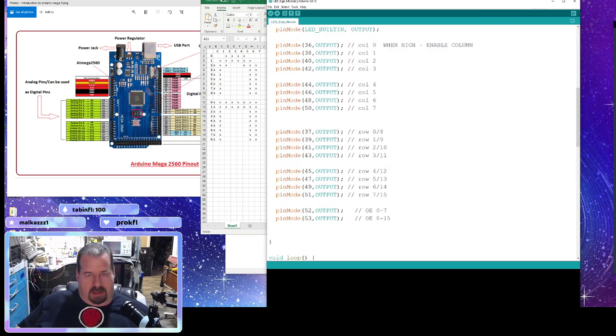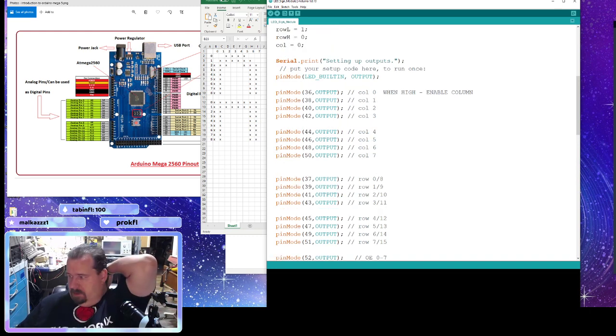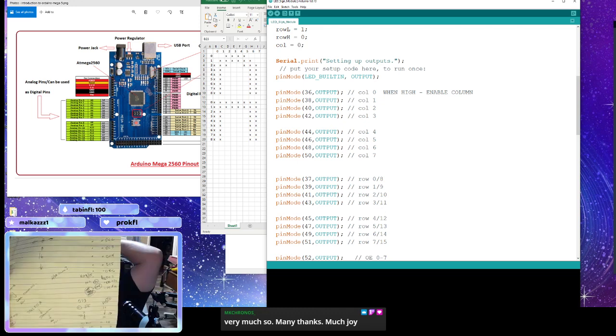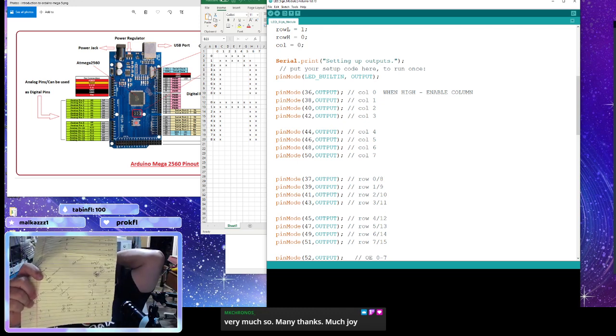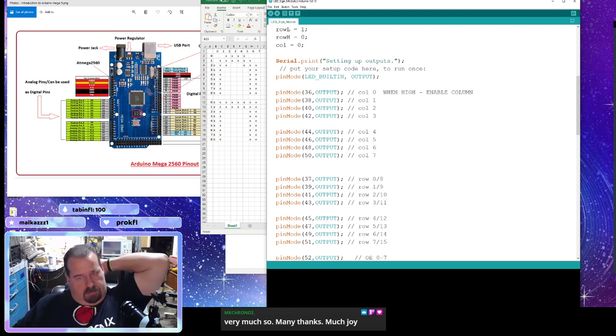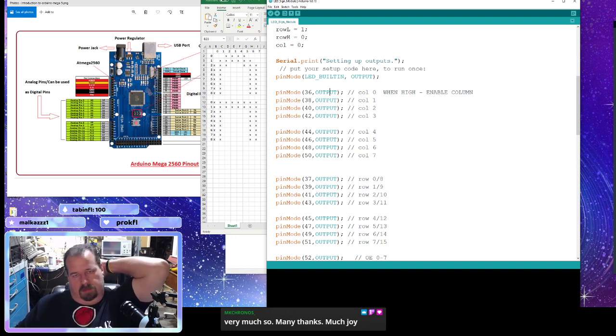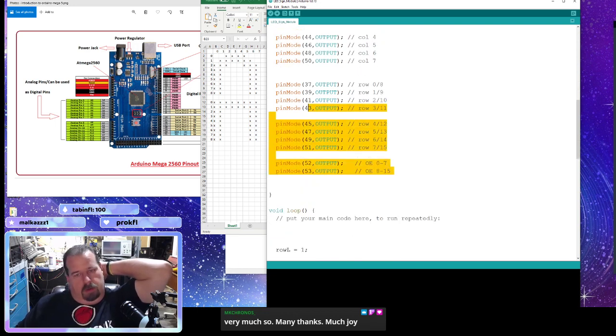All right. So from last week when we did this crazy thing with the logic analyzer and everything, we learned that when the column output is pulled high, that whole column is turned on. There's no latching the columns, which is a real pain. The rows are multiplexed. So the top 8 bits